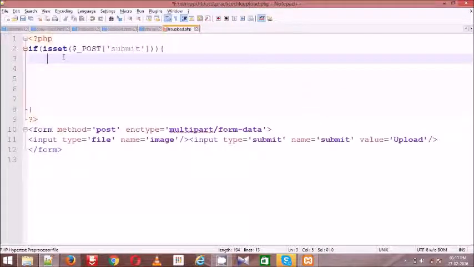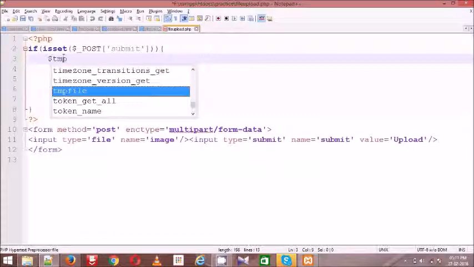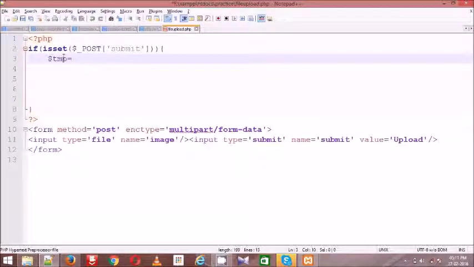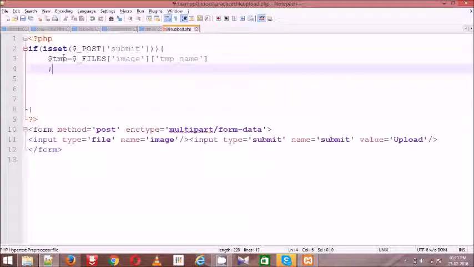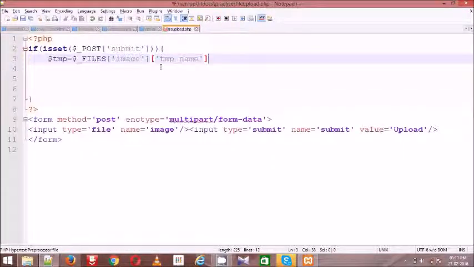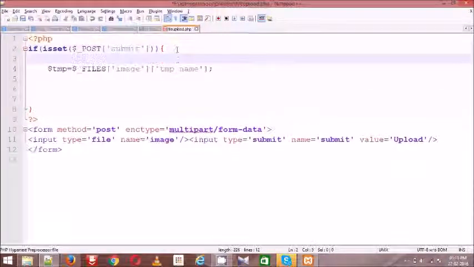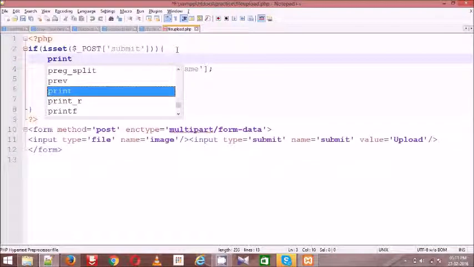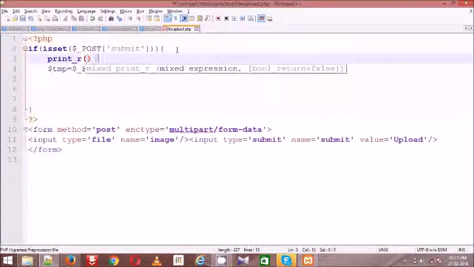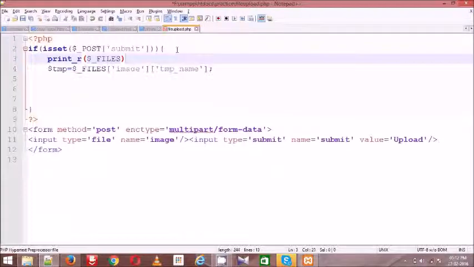Once the file is submitted, you first need to get the temporary location of the file. For this we have a superglobal variable called $_FILES. Here my field name is image, and then the option name. If you want to see this, you can directly use print_r of $_FILES.